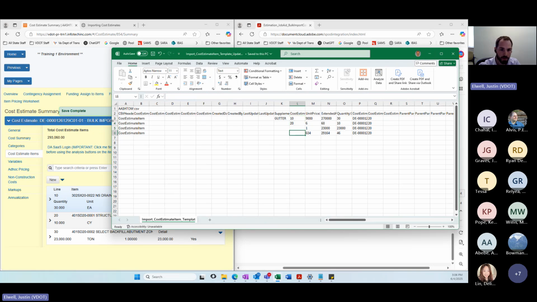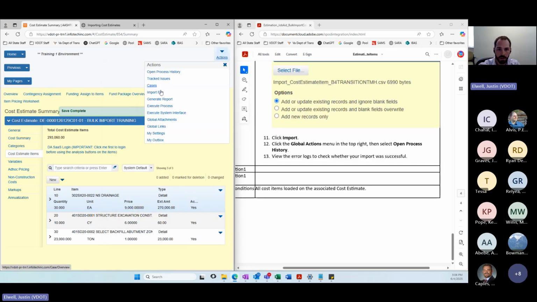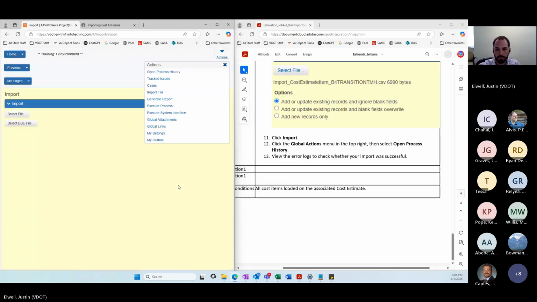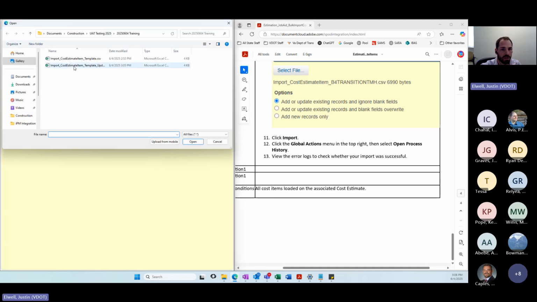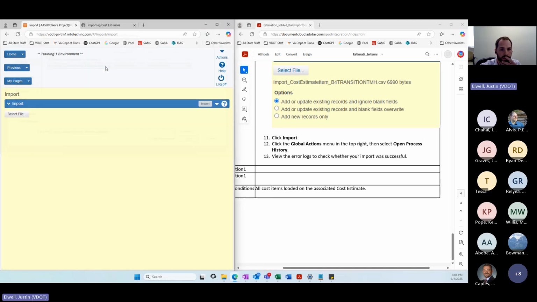Because really, in uploading this estimate, logic would say we're trying to just add one item here. But say you forget to add that one item number, what I'm going to do, we're going to import our file. Select. This was our second one.